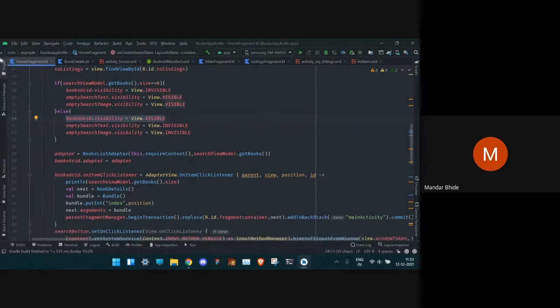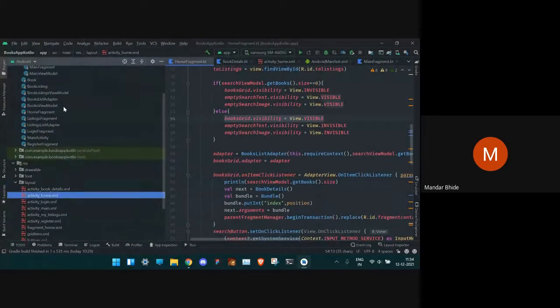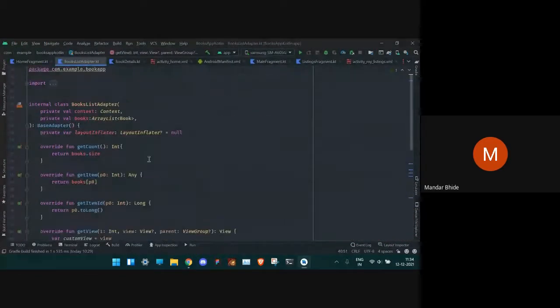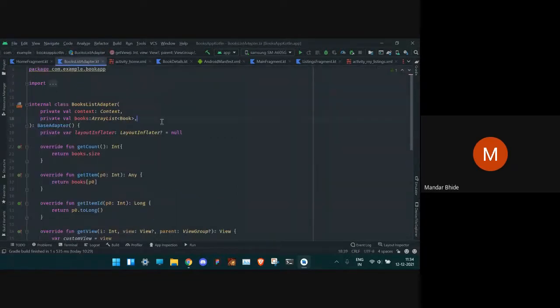Okay, so now let's go to another part of Android development, which is the adapters. Now you can see there is a grid view over here. It has certain objects in them, and the code has to decide where to put the given element. So the program needs to adapt the given data to the given grid view, right?